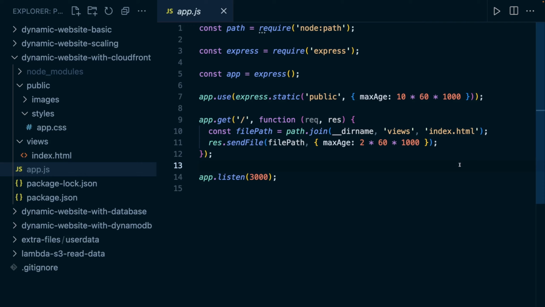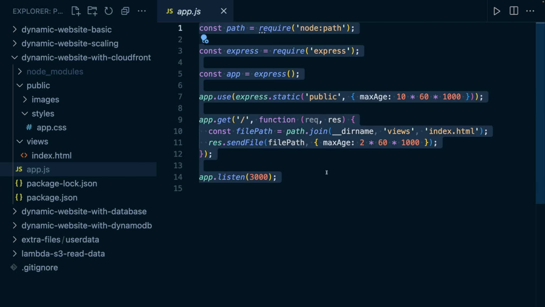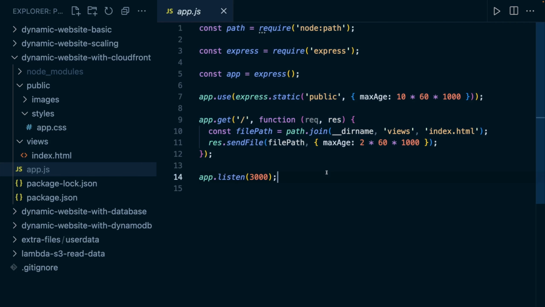Though it will not automatically reach out to your origin and fetch that data, instead it does so when users start requesting that data. But then not all requests have to go to your actual server, but instead most requests can be handled by those edge locations because data is cached based on the cache settings you define in your web application. And that's why this basic application is basic, but pretty good for this example.